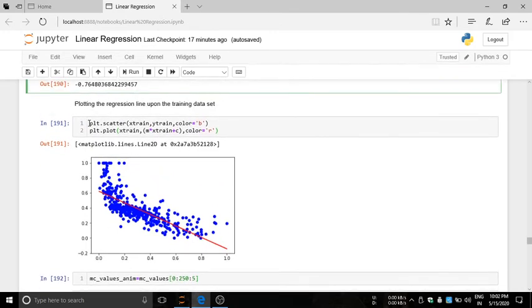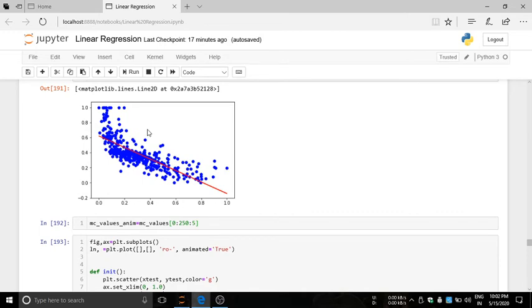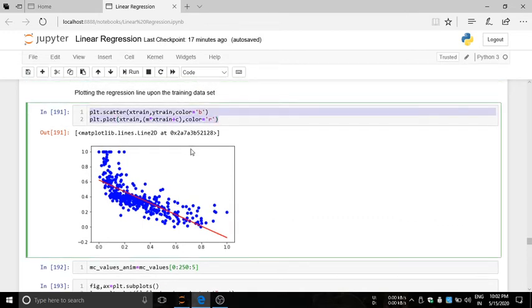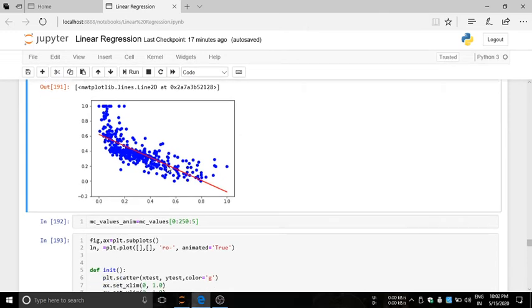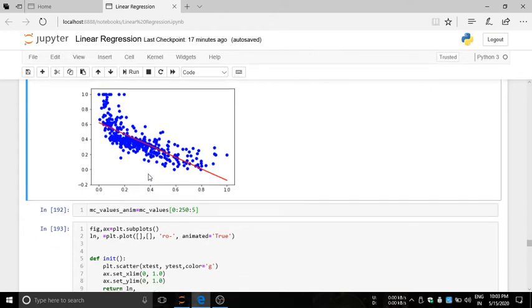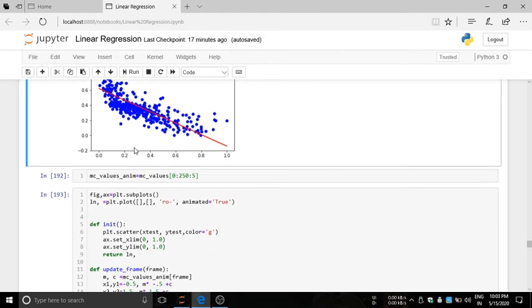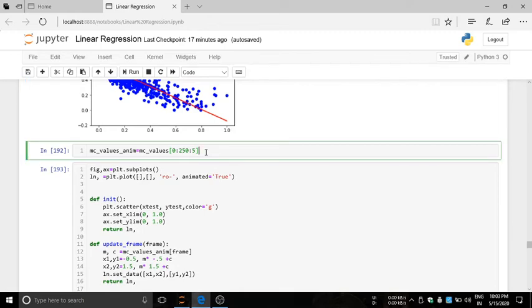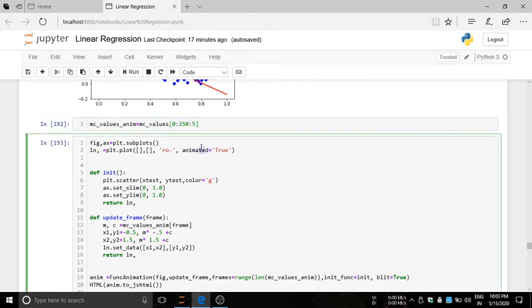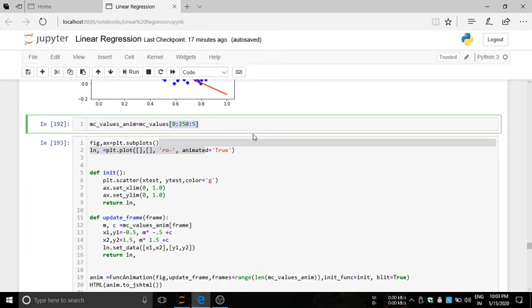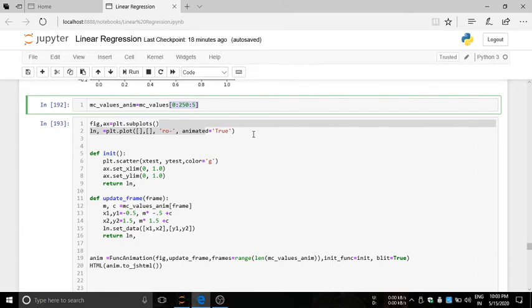We are using plt because we already imported matplotlib. Sorry, next, the output is here. Here we can see the model is the red line, and most of the points are on the model. Okay, next we are considering mc values. We are using the slicing operation here. The values we are using here,